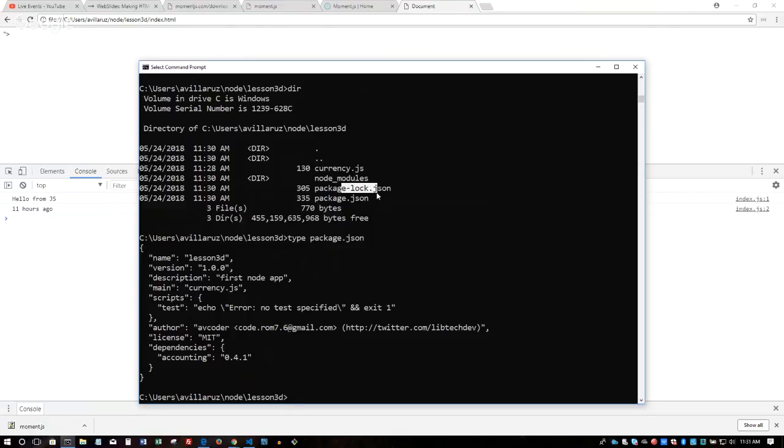From what I understand, when 2016 came around and Yarn was invented as a competitor to npm, Yarn turned out to be much faster because they used a lock file, whereas npm didn't. So what do you think npm did? They used the lock file too. Yeah, I don't know exactly what that does, but yeah.